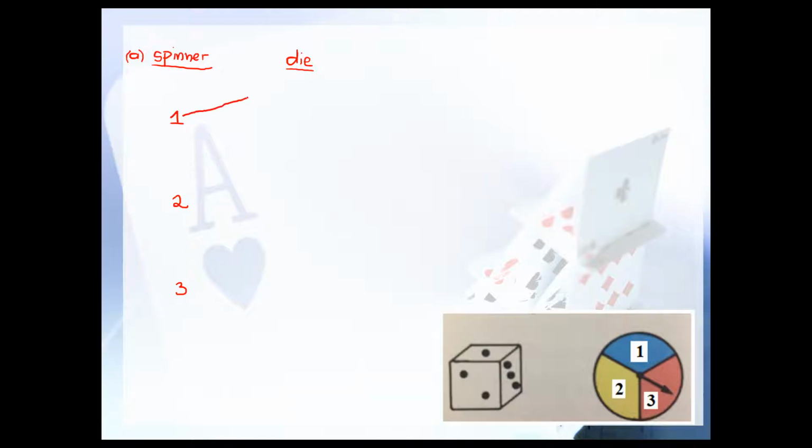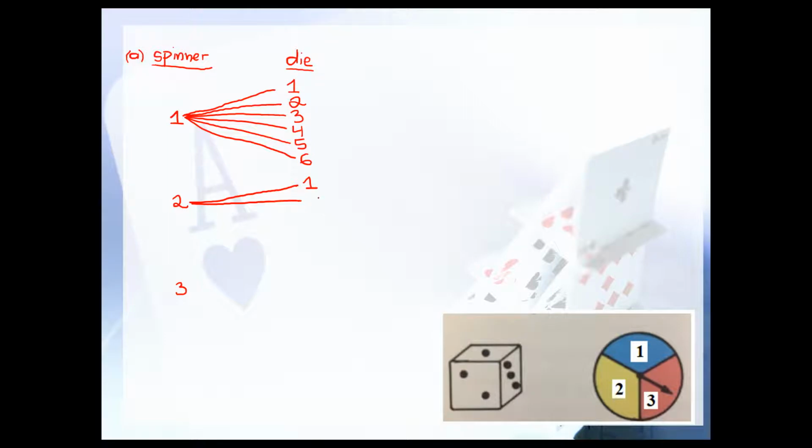So this could turn into 1 and 1, 1 and 2, 1 and 3, 1 and 4, 1 and 5, and then 1 and 6. It's almost impossible to draw a straight line using a drawing tablet. Okay, and then for this one, you could spin a 1 and roll, spin a 2 and roll a 1,